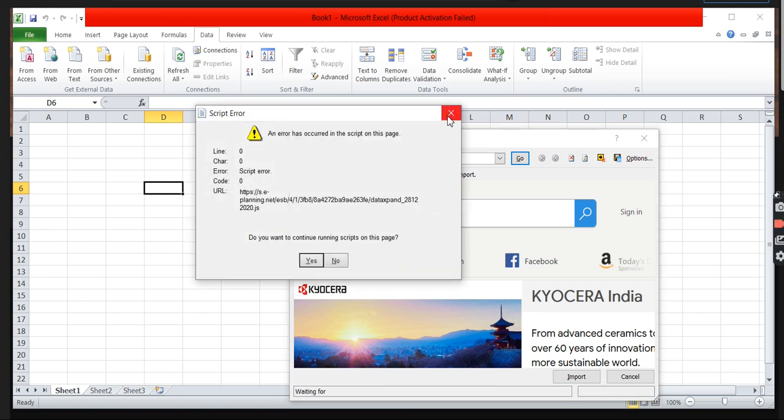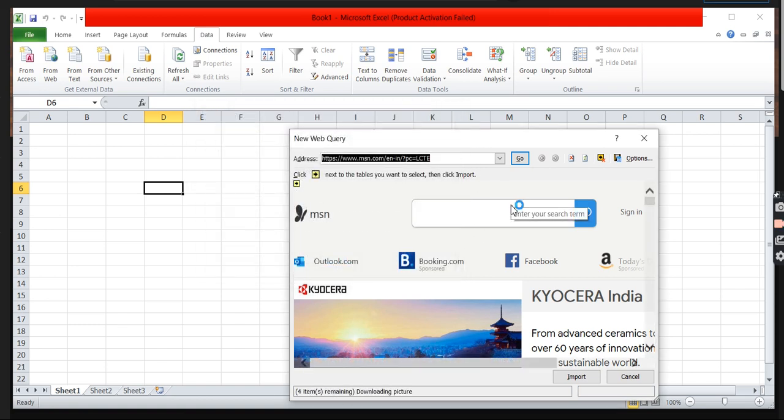That's also very helpful whenever you are working on a project, not for SQL, but for some other projects, like designing something for your kids, school projects and all. Not sure why this error is coming. Okay, so you can connect your Excel directly to the web, and you can extract the data from the web.